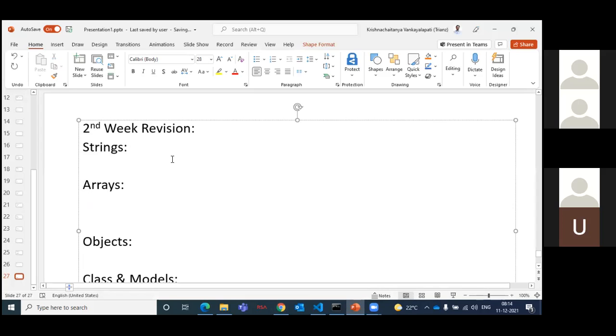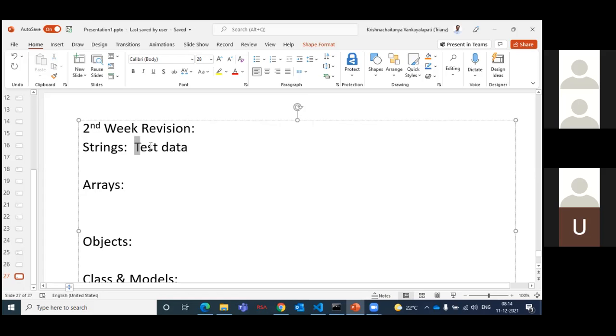But what is a string? String is a representation of characters. For example, a string will look like this: test something, data. If you say it as a string, it is a series of characters. A string is nothing but a series of characters which form the word, the line, the sentence, the paragraph, everything. How many characters? No need to worry. If you take a paragraph, it can be a string. Anything else can be a string, which is a combination of characters.